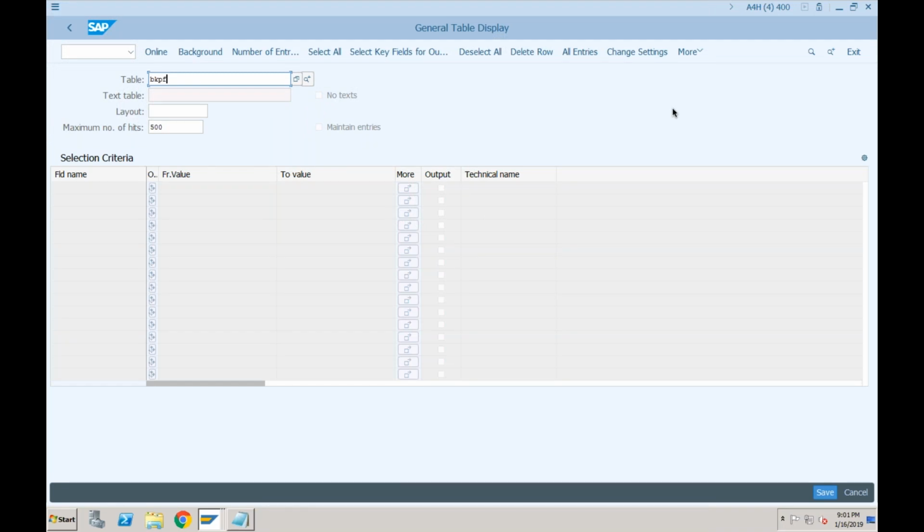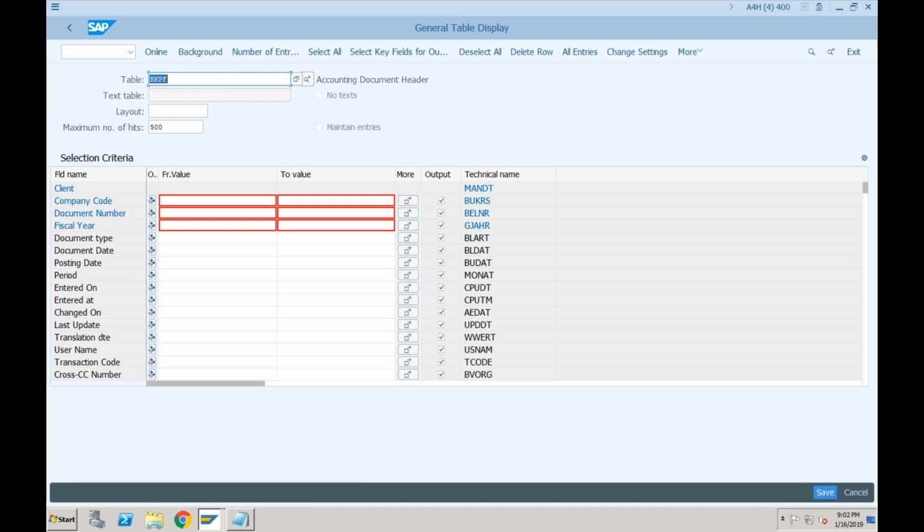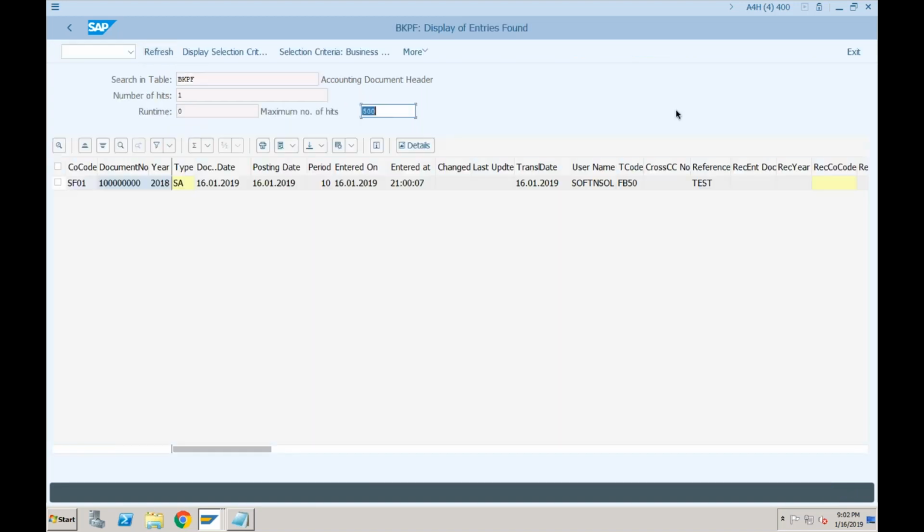BKPF, BSEG. BKPF and BSEG, right? BKPF was the header table. Okay, so for company code SF01, if I execute this, here it is called online. So just click on online. It is still showing the data.